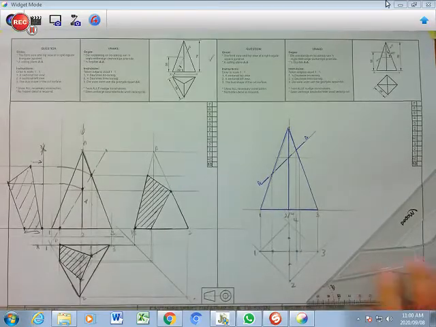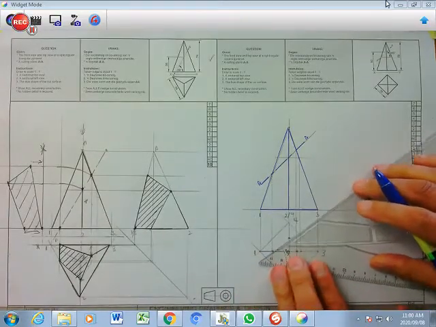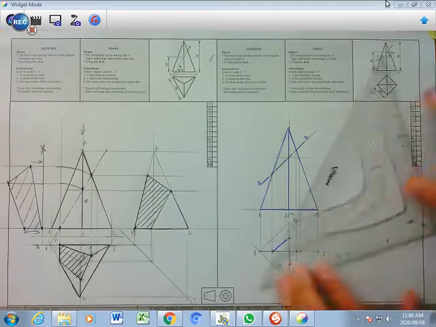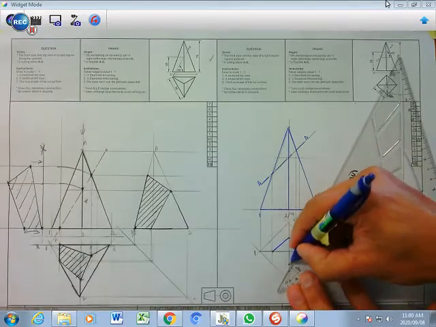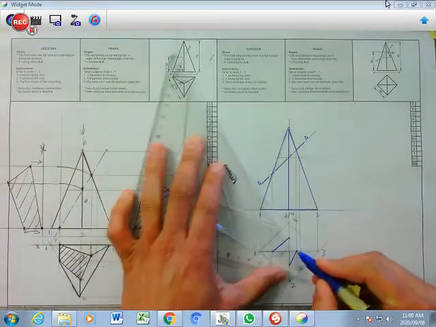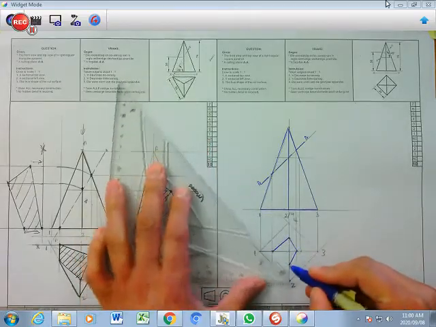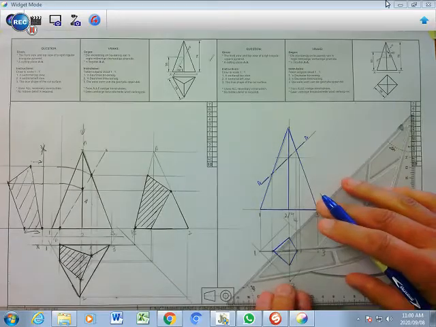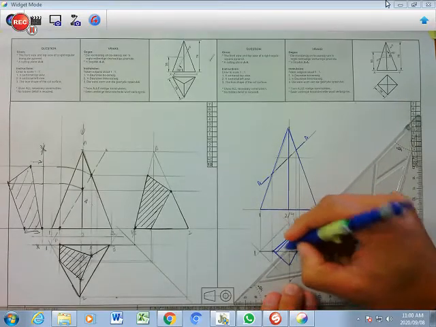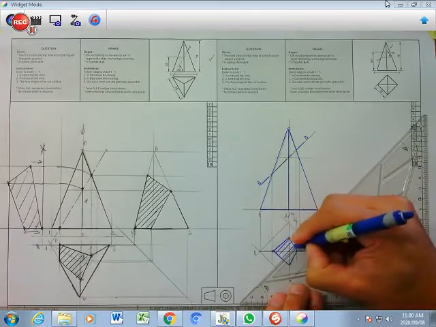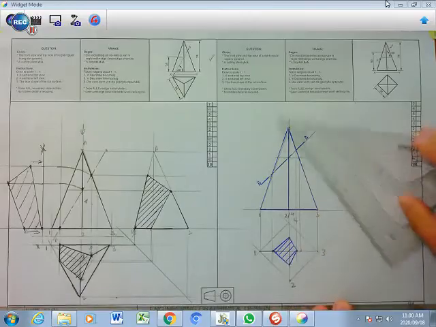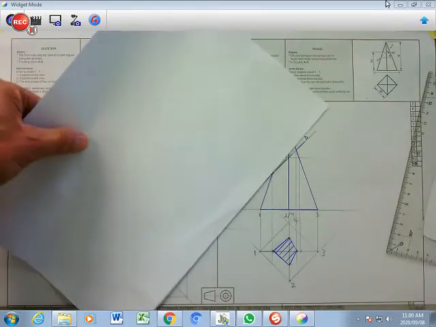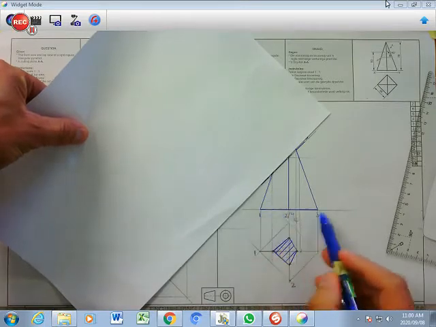So now I'm going to darken this section which I have cut there, and I'm going to darken that line over there as well, and then this line over here, and then that line over there. That's my cut section. I'm going to hatch it perfectly like that, evenly spaced lines away. That's my hatching. Now remember what I said, that top part has been chopped off, everything else remains, so the